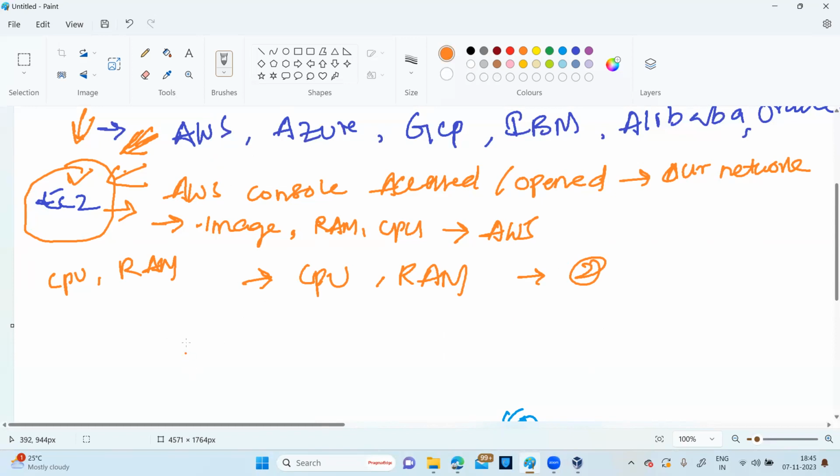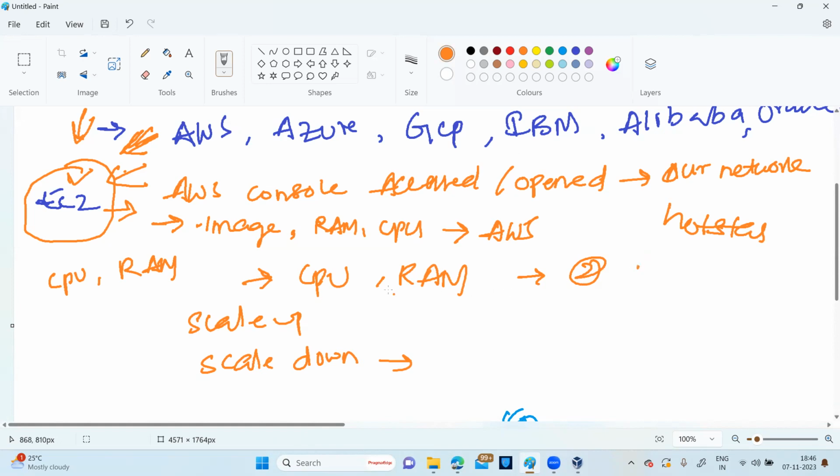Also, if we could add, it refers to the same as before. It is scaling up, so we are increasing the resources, and we also have scaling down. For only one particular period of time, if there is a use case for increasing RAM, if we talk about Hotstar or any other application, there, if there is a match